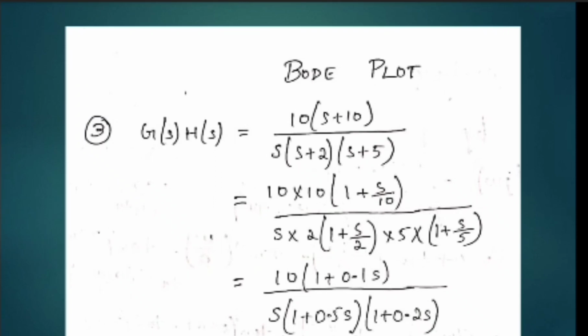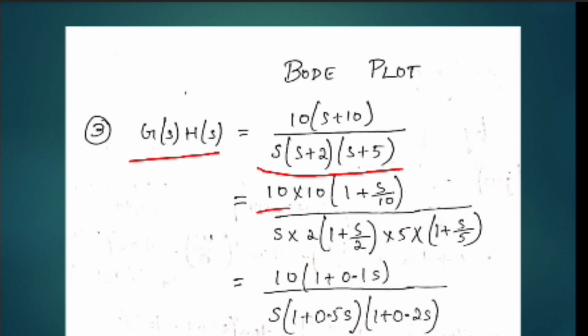Hello everyone. Let's begin with the third problem of Bode plot, that is G(s)H(s) is equal to 10 into (s plus 10) divided by s into (s plus 2) into (s plus 5). Now comparing this with the standard format, that is 1 plus sT, rearranging the terms,